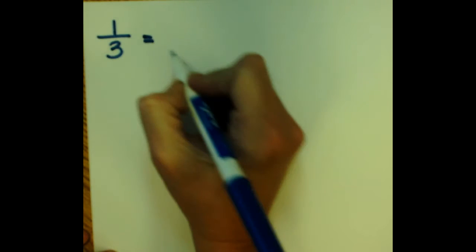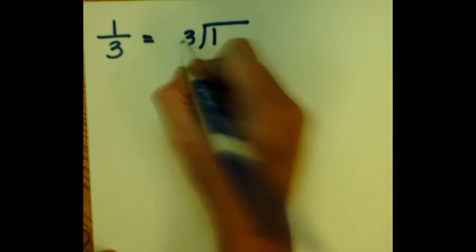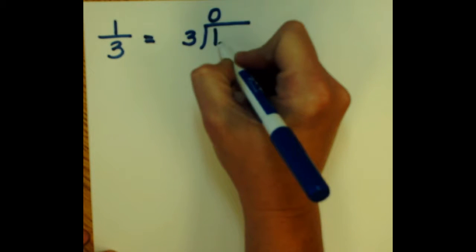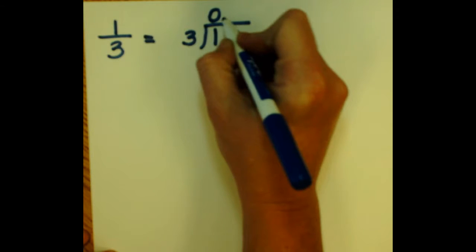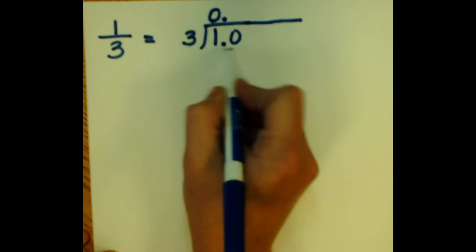Top dog in the house. So 1 goes in the house. The number on top, the numerator, will go in the house. 1 is being divided by 3. And 3 will not go into 1, so we put 0, and we add a decimal, and we add a 0. Now 3 will go into 10